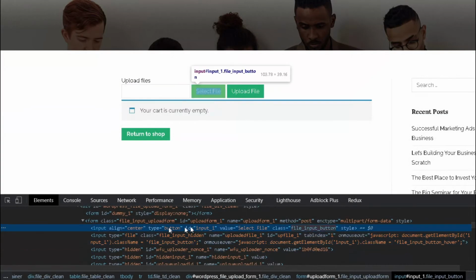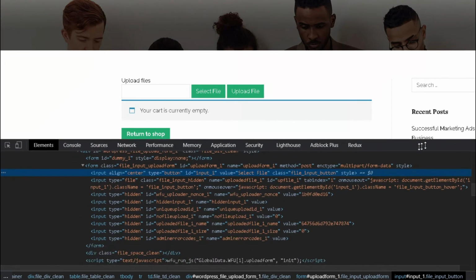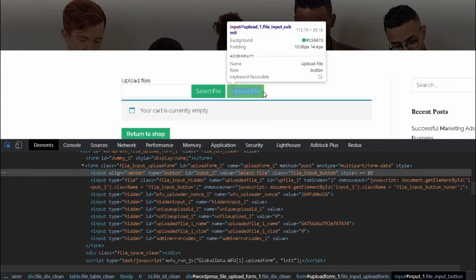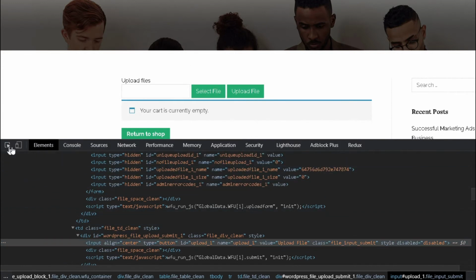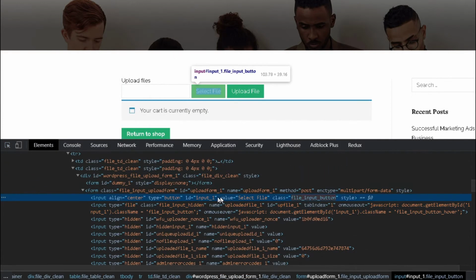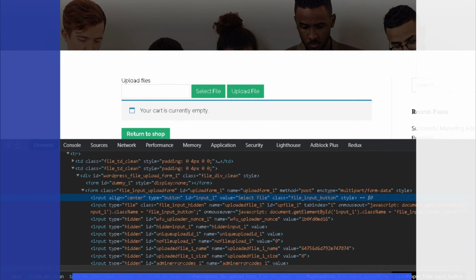The element for select file is, if I move this up, this one. The ID for this is input1. And then after that, we have to click the upload file button. So I'm going to head over to this one and select that. The ID for this is upload1. So basically, let's go back and take a look at this: input1 and upload1. These are our two IDs. Let's implement this exactly the same way that we did for our previous example and see if it would work for us. So I'm going to head back to PyCharm and try to implement this.